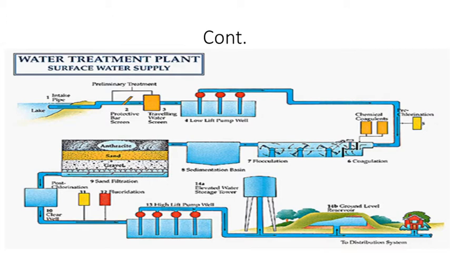Water is allowed to freely pass through the anthracite, and from the anthracite the water passes through the sand, and finally through the sand the water passes through the gravel, and finally you get the clear water at the bottom of that gravel, that is the drainage system. So this is basically the structure of the filter.